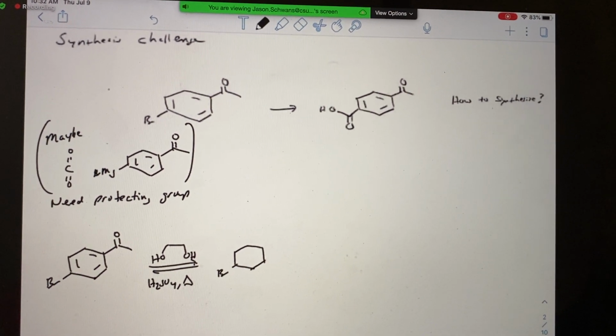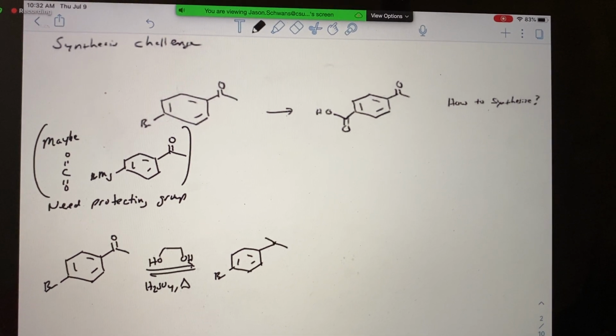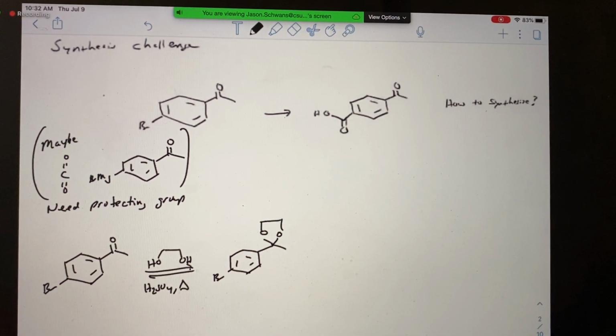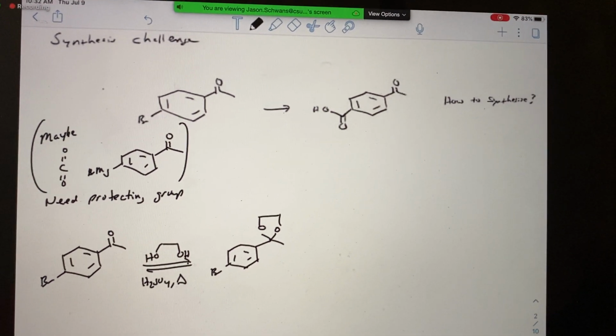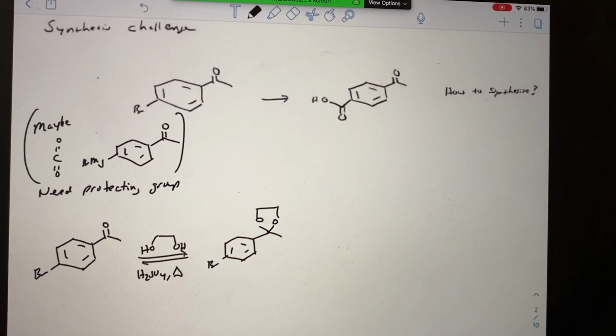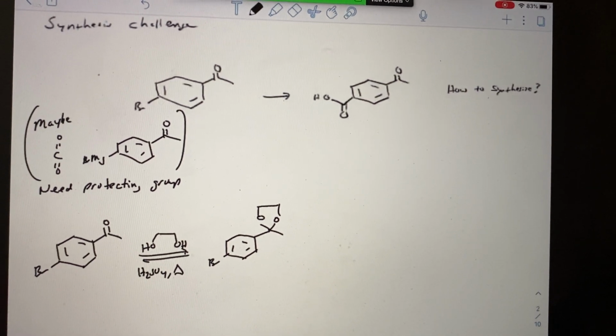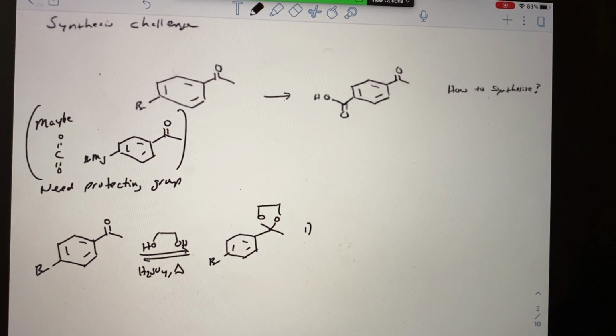So this is all the same. But this is now our acetal. So now, just like we saw with the silyl ethers, the ether is less reactive. Same thing with the acetal here. So now what we can do is carry out, let's put all the steps together. We can take